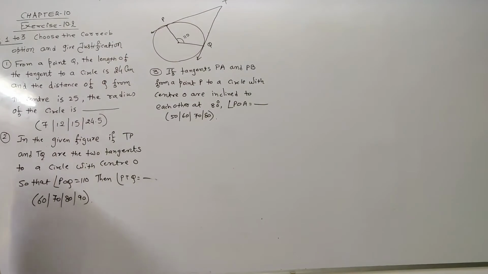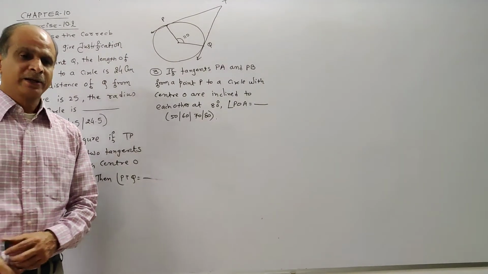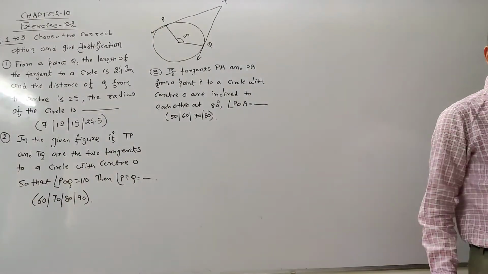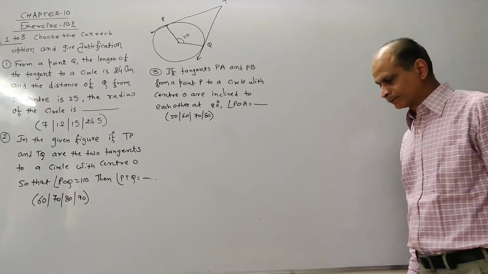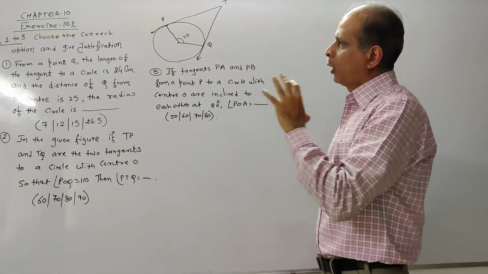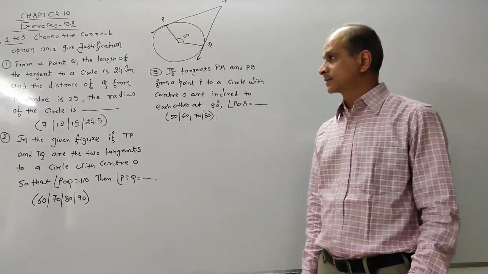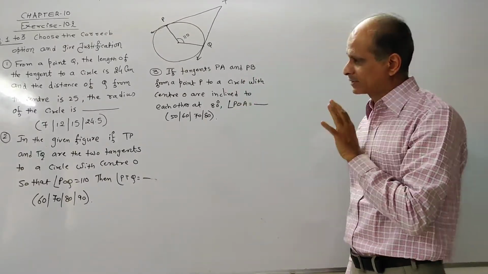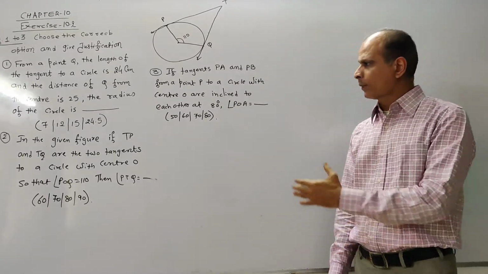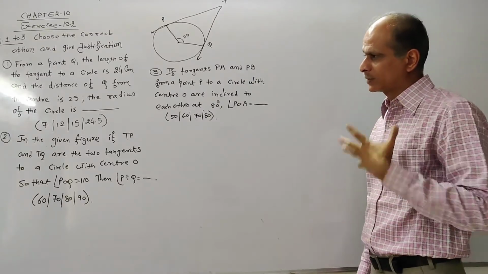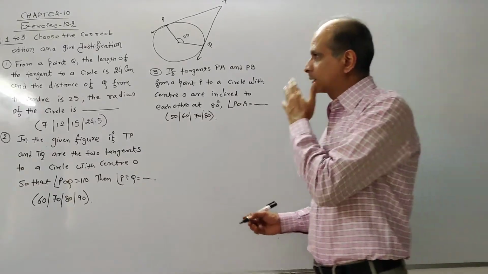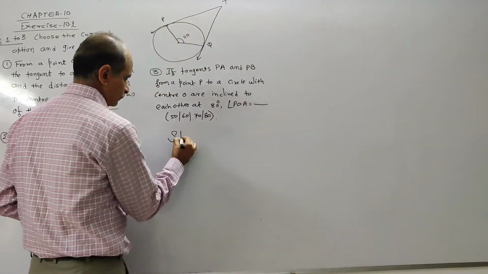Well, so we have revised the last two periods. The first period was regarding the concept of the circle, and the second period regarding exercise number 10.1. Well, let me start today's exercise number 10.2. Only 5 examples are there in this exercise. Today we are going to solve the first 3 examples. These examples are nothing but the application of all the 10 principles which we have studied in the first period, as well as the Pythagoras principle. Well, let me start example number 1. Solution number 1.